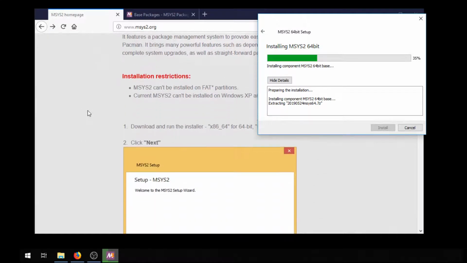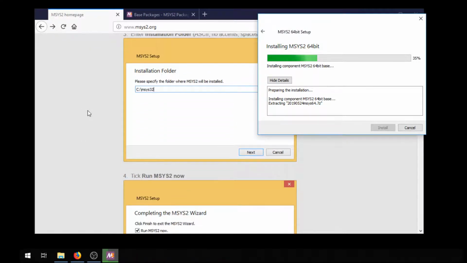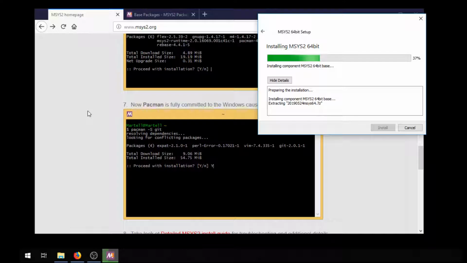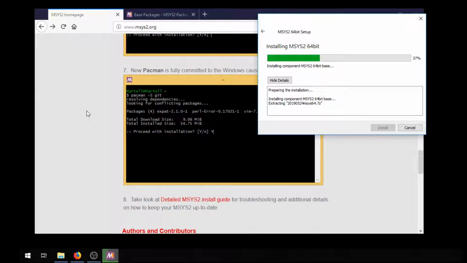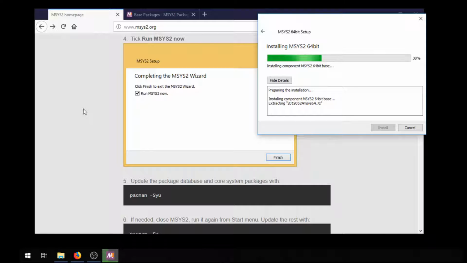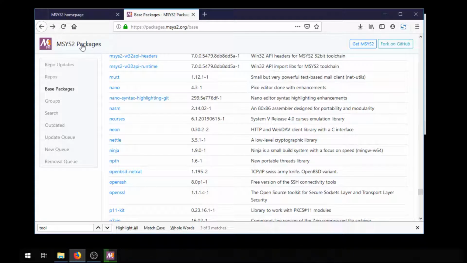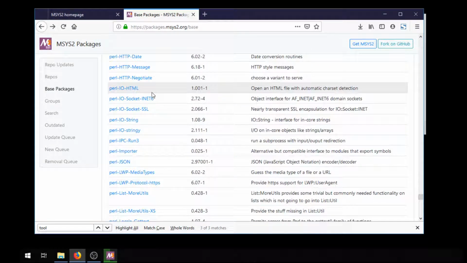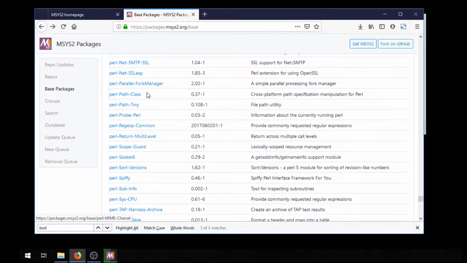But as I say, we're going to follow the instructions that are on the MSYS2 homepage, which are very easy to follow. They don't get us as far as installing the actual compiler, but almost there, and then we'll switch to something else. In fact, while we're waiting for this to install, we can look at the list of packages. So if you go to packages.msys2.org, you will find a list of all of the individual packages that can be installed using the MSYS2 package manager. Now what we want, I'm going to search for it,